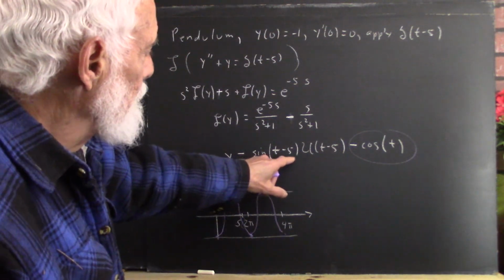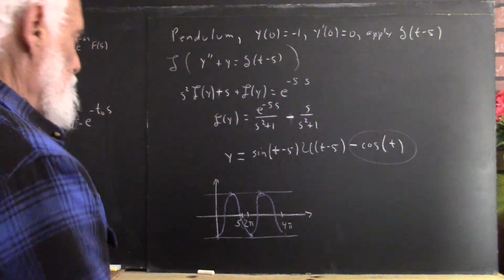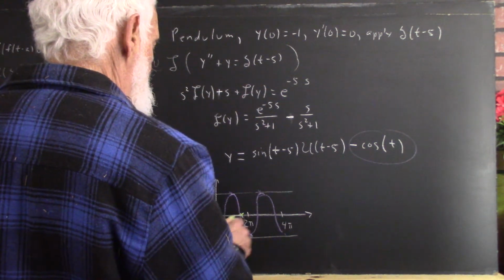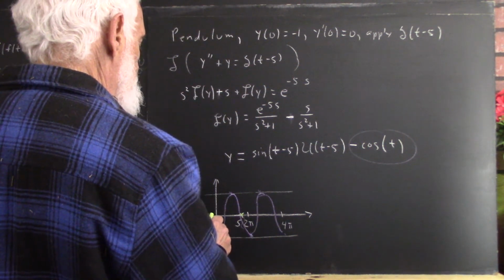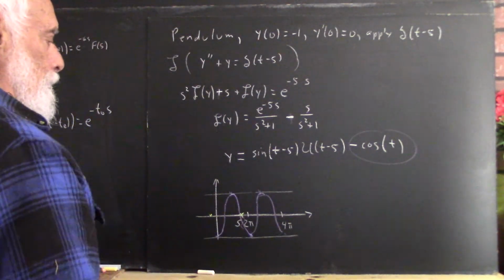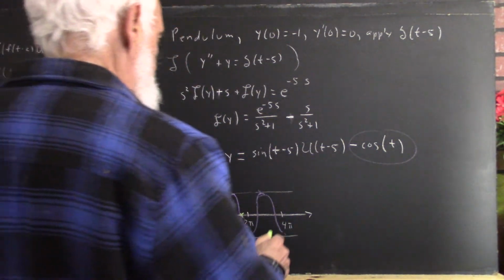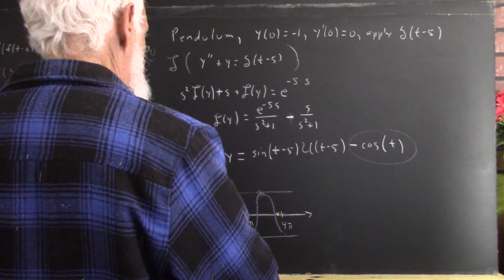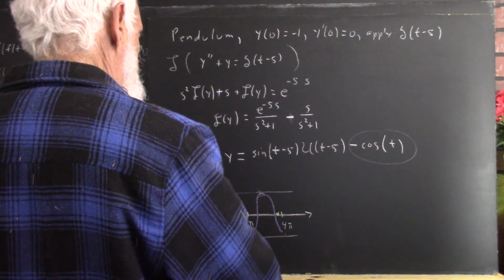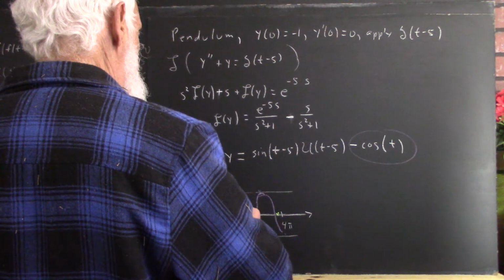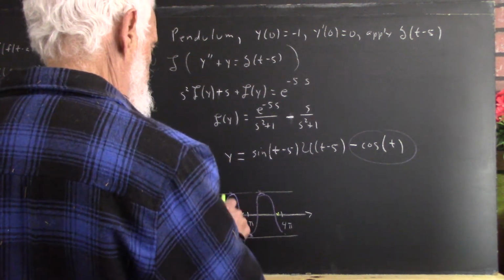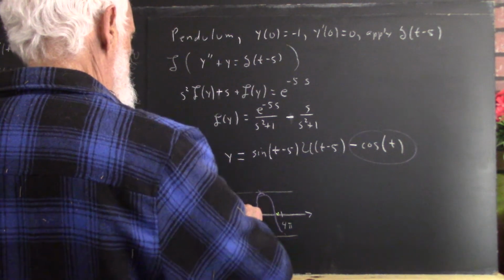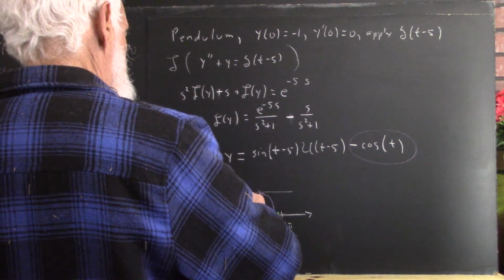Then the sine of t minus 5, u of t minus 5. The sine of t minus 5 is going to be 0 here. Of course, it would be 0 here, and I'll just use that as a convenient place to start, and it'll be 0 like here. So if I graph a sine, it's going to maximize maybe about here. Going to come up like so,